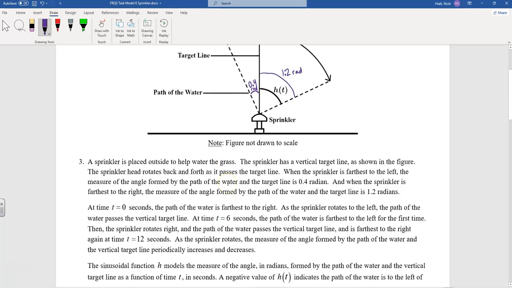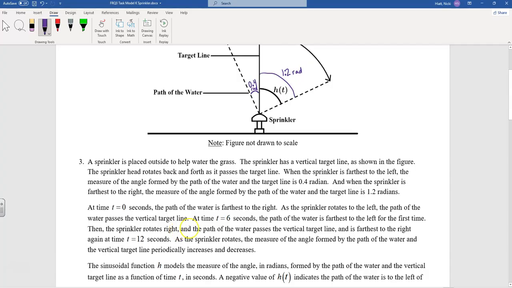So, at time t equals 0 seconds, the path of the water is furthest to the right. As the sprinkler rotates to the left, the path of the water passes the vertical target line at t equals 6 seconds. The path of the water is furthest to the left for the first time when the sprinkler rotates